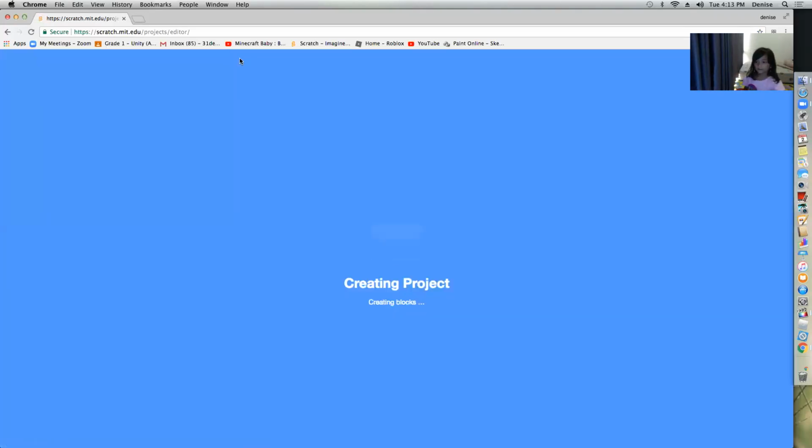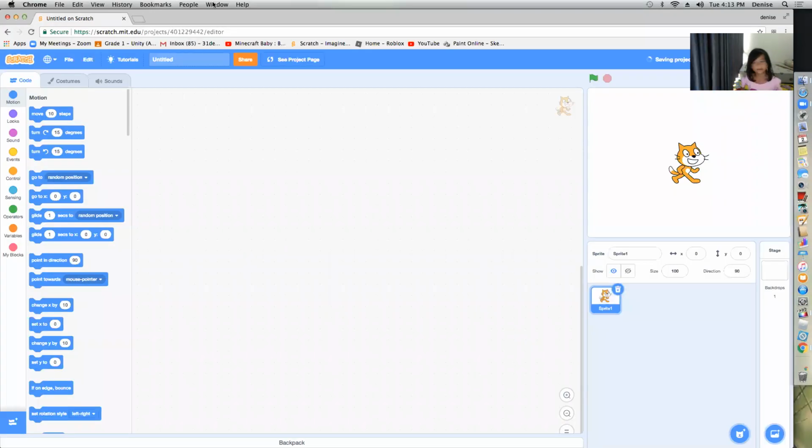Today we're going to make a project about one animal that you really like. If you don't want the Scratch cat to be in your project, just click the trash button.